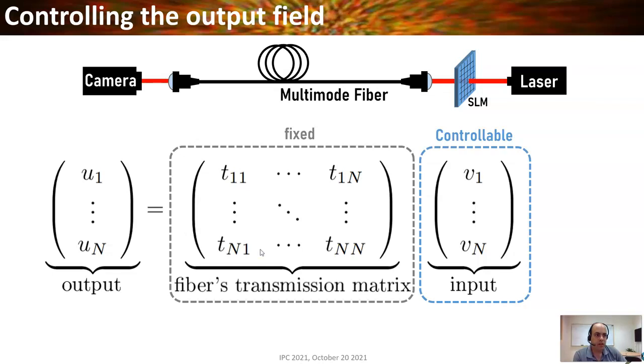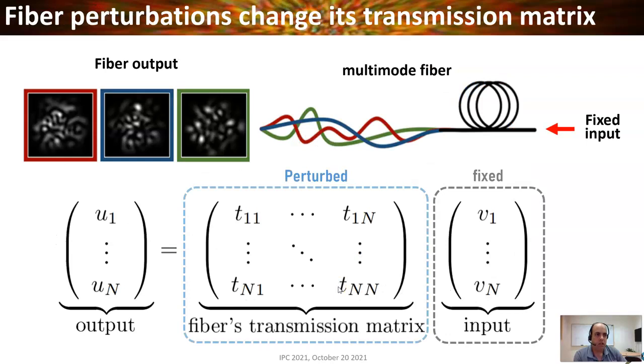The problem is that all of these approaches rely on the fact that the transmission matrix of the fiber has to be fixed. It must not change during the acquisition of the image. But multimode fibers are extremely sensitive to perturbations, and if you slightly touch the fiber, slightly change its conformation, the output speckle can completely change. This is depicted here by three different fiber configurations showing three different speckle patterns at the output of the fiber. This means that the transmission matrix is not fixed, and every time it changes, you need to measure the